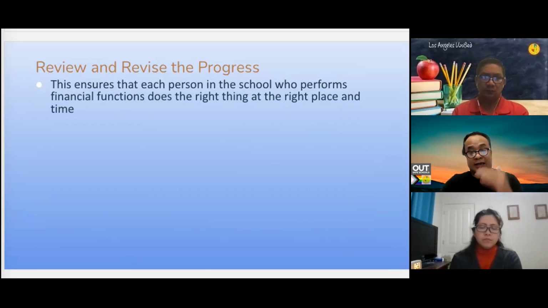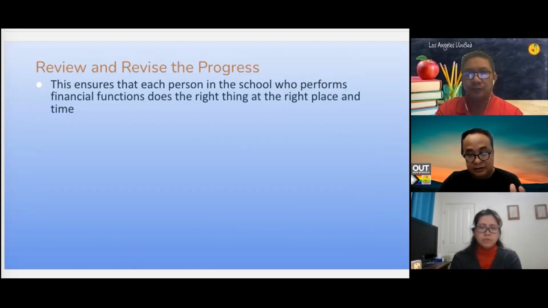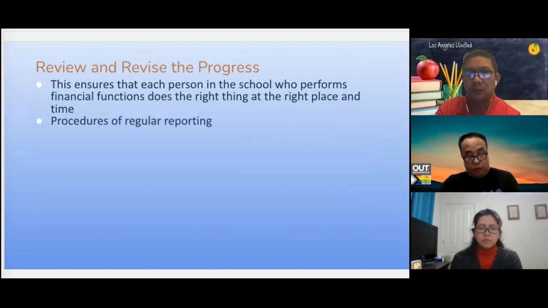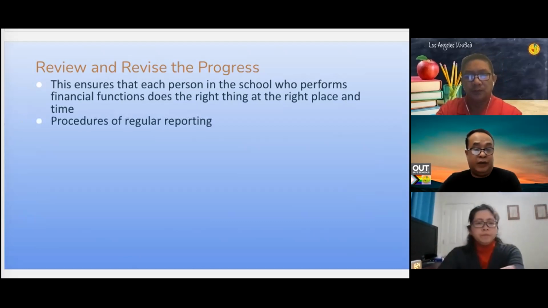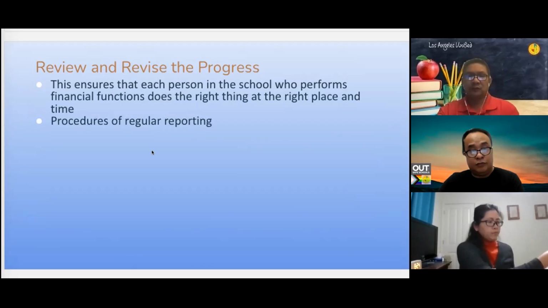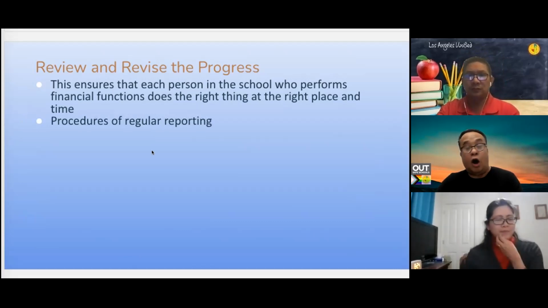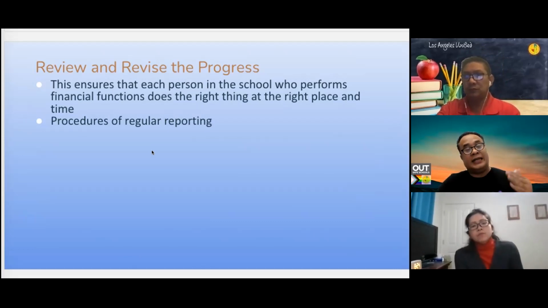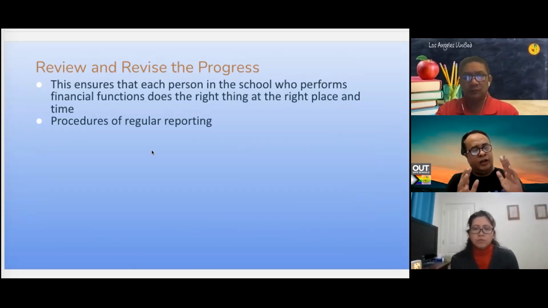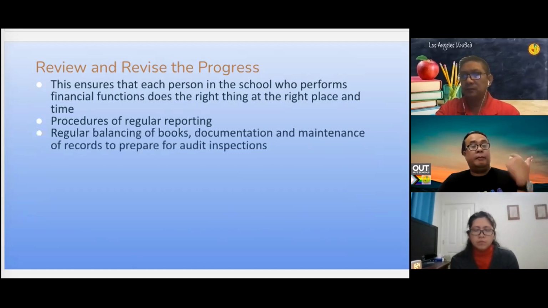So basically, once it's done, it jumpstarts the preparation of an initial budget plan that can be transferred on to the next school year, added with whatever new undertakings or new goals that's being set. So it's kind of like working as a cycle. And then part of the review and the revision of the progress is the procedures of regular reporting. So there will be cases that reports would need auditing. So auditing of reports requires, like, say, some sort of check and balances of everything. And there you go, balancing of books,